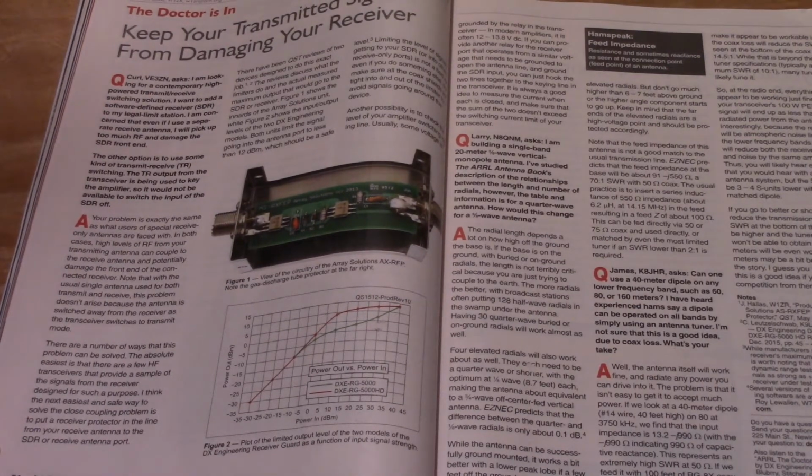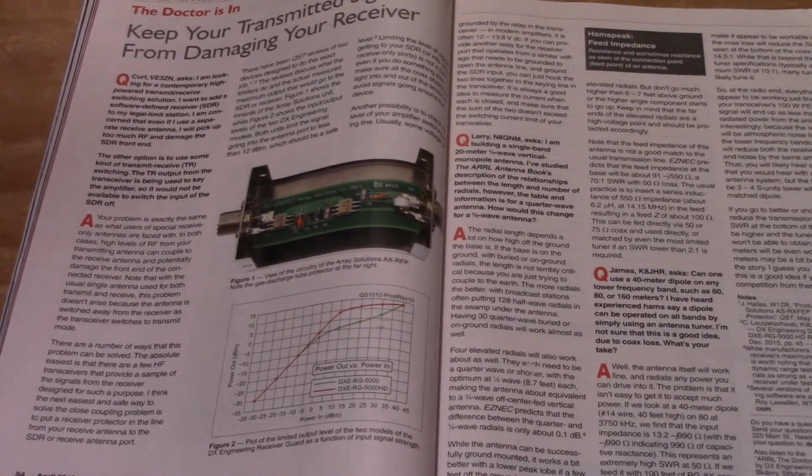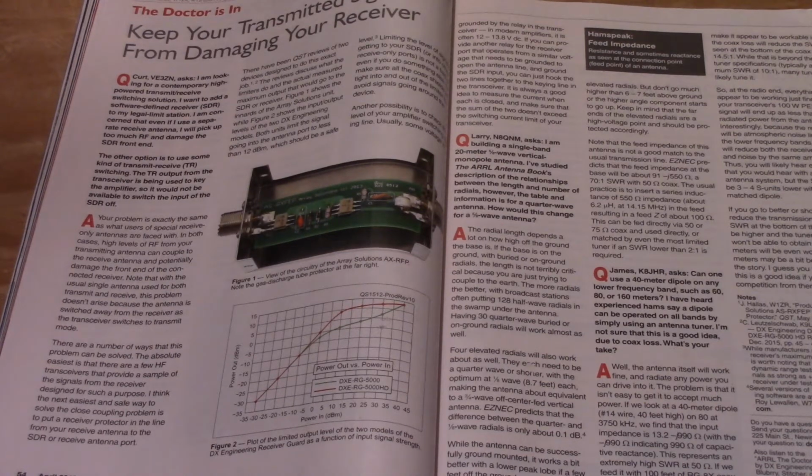Larry, N8QNM, asks, I am building a single band 20-meter vertical monopole antenna. I've studied the antenna book. What is the difference between the length and the number of radials? So the question simplified